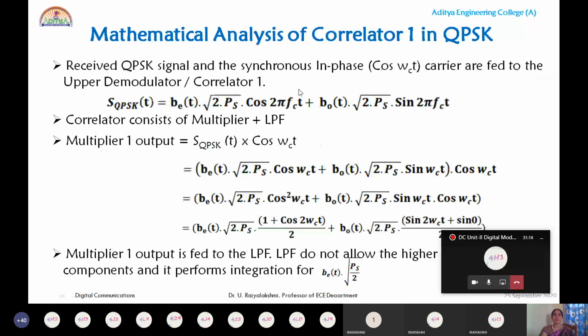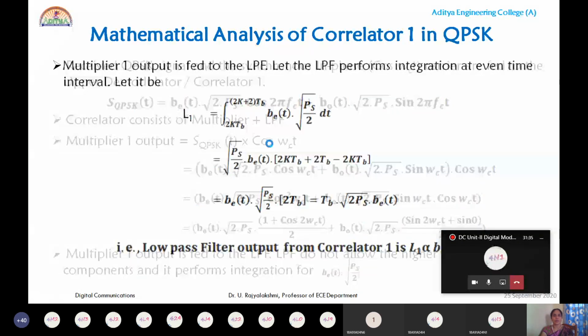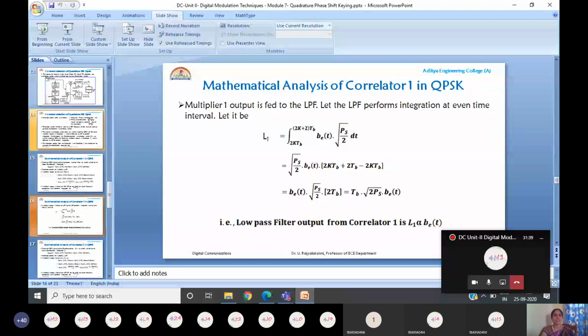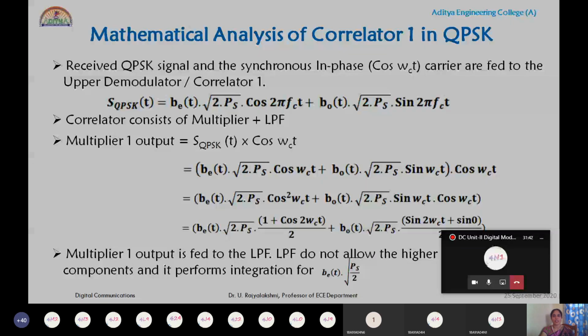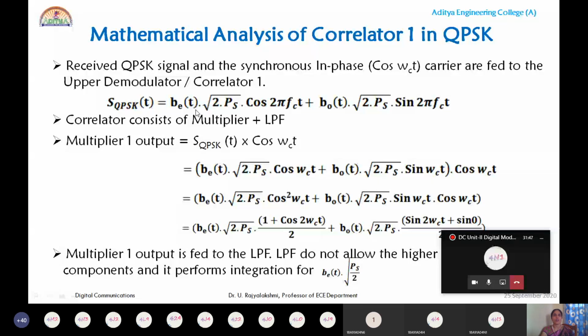So let us go through the mathematical analysis of correlator 1 present in QPSK. I told you correlator 1 consists of a multiplier followed by a low pass filter. That low pass filter performs integration for even intervals, and the multiplier takes the product of the QPSK signal and cos ωct. So what is the general form of the QPSK signal? The general form of the QPSK signal is Be(t) root 2Ps cos 2πfct. This is Se(t)